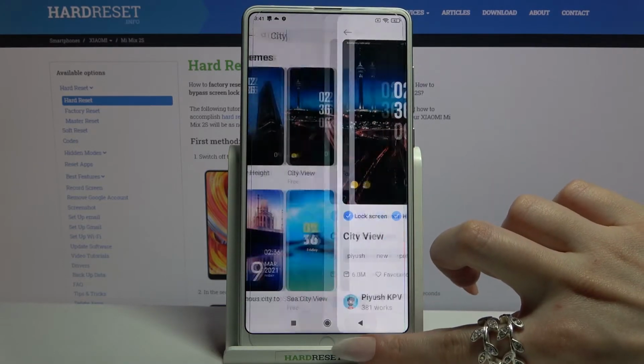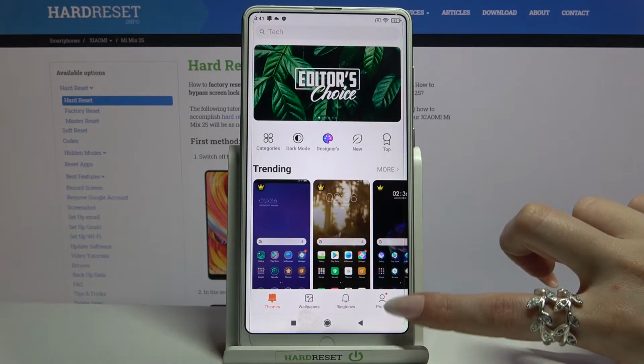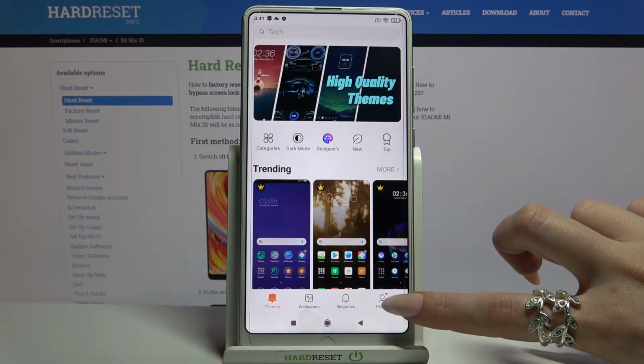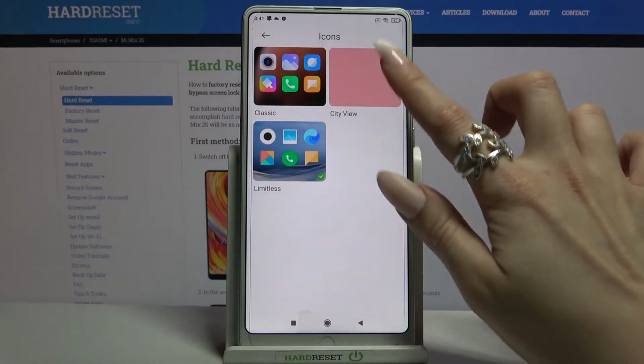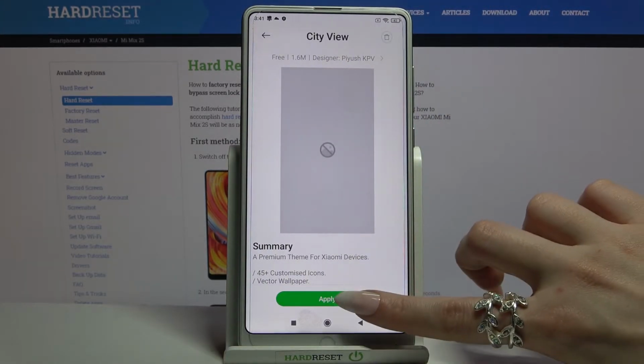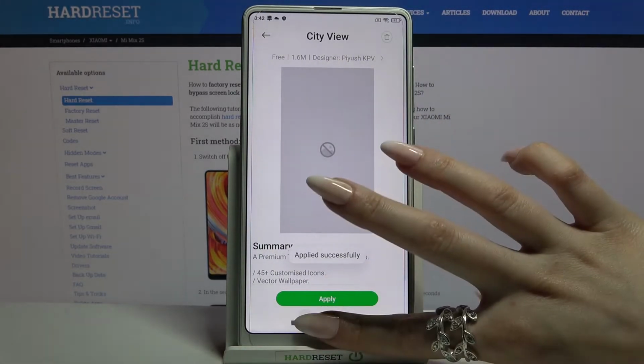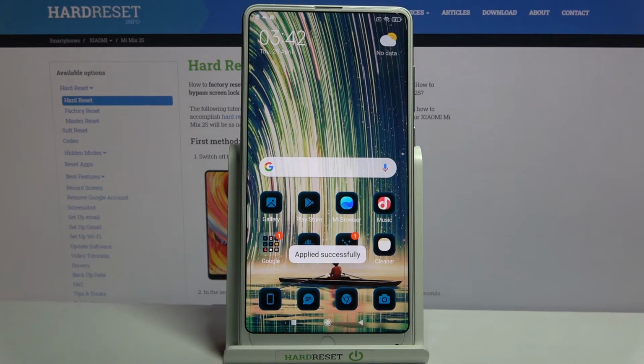Now go back, click on profile at the bottom right corner over here and select icons. Click on the ones that you just downloaded and tap apply. Now when I click home button, I can see that style of my icons has changed, but if you wish